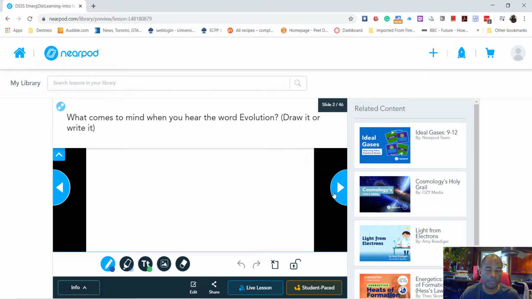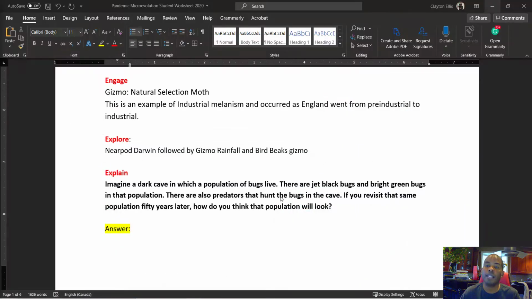For those of you who had Miss Demeter in grade 10, she created some of the Nearpod pieces in there. So when you're trying to identify what voice it is, it's Miss Demeter's voice. Work your way through this. When you finish this Nearpod, I'll be able to see all your results and I'll share your drawings with the class, so be appropriate. Then you're going to go to another